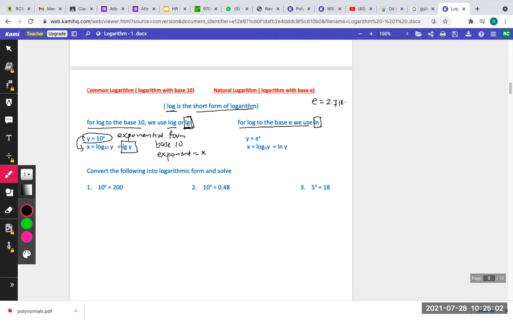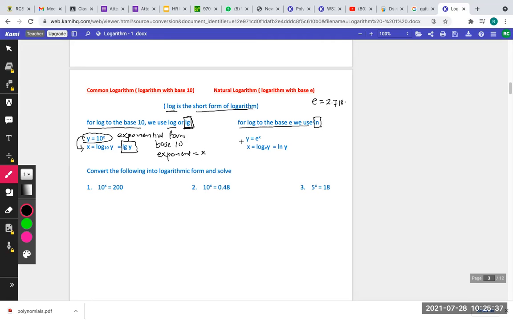So usually in the normal calculator, you will see three kinds of log button. One is log, that is log with base 10. ln is log with base e, and another one is log with a base and the other value is missing, meaning you can put any base there. So from this, it is very clear that there are different kinds of logarithms, I mean with different bases, not only 10 and e. These are the most commonly used. One is common logarithm and the other one is natural logarithm.